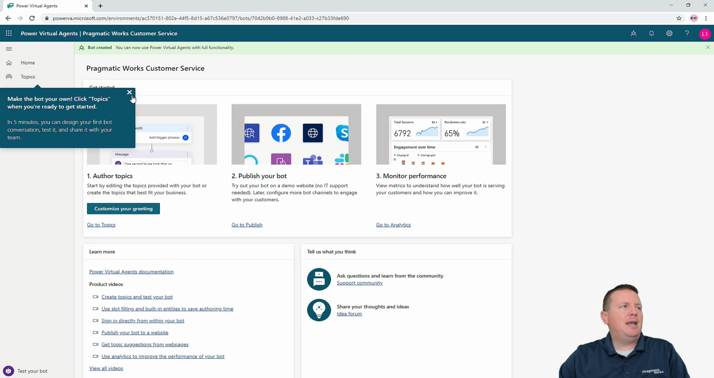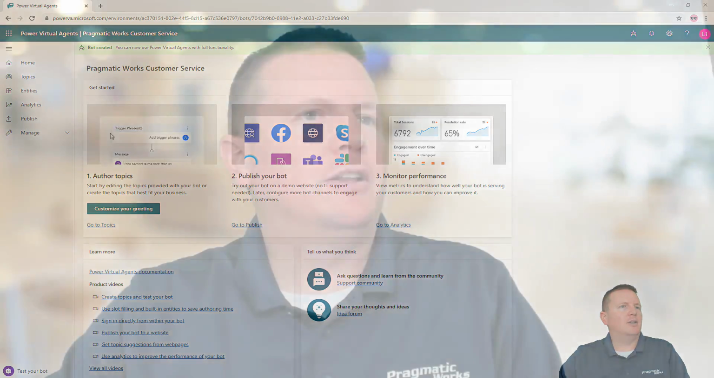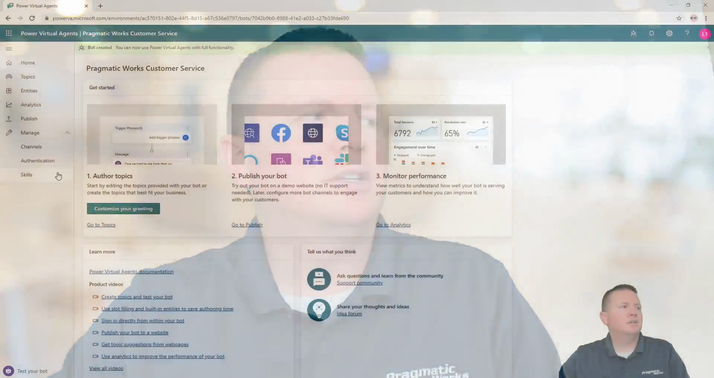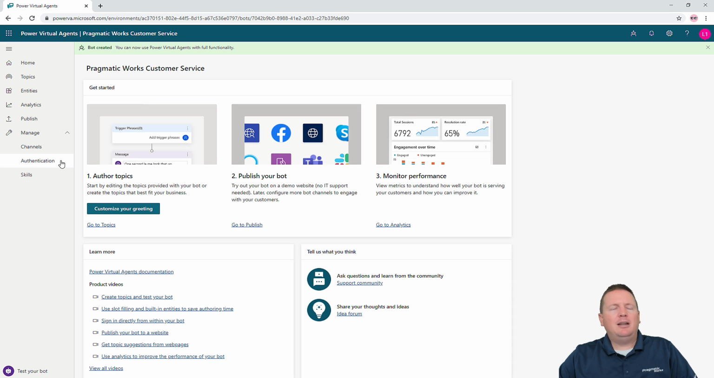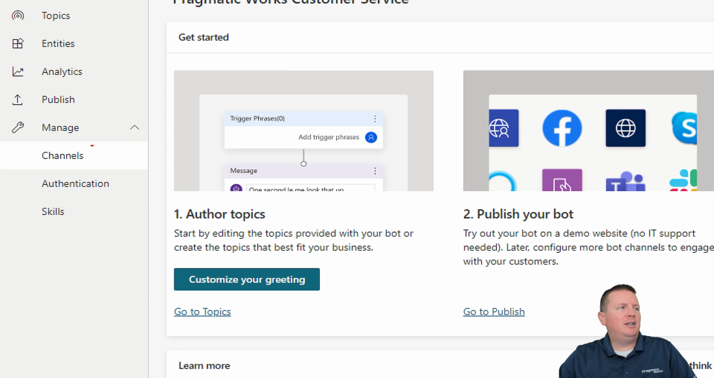And then within the manage section, looks like my bot is finally created now, by the way. You can see I can now expand this. Within the manage section, you have the ability to define which channels your bot's going to be available to, if you have any additional authentication to APIs, additional APIs that you want your users to be able to authenticate with